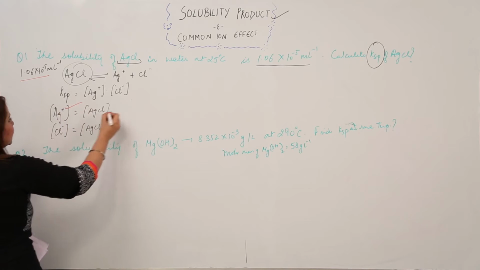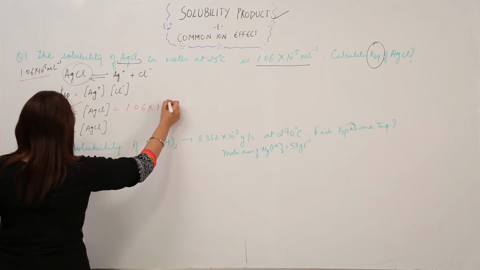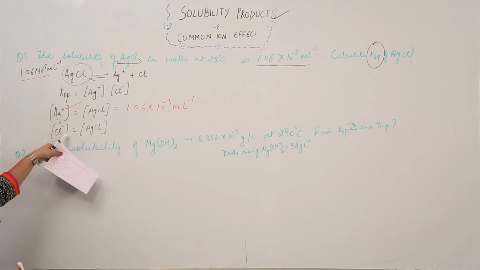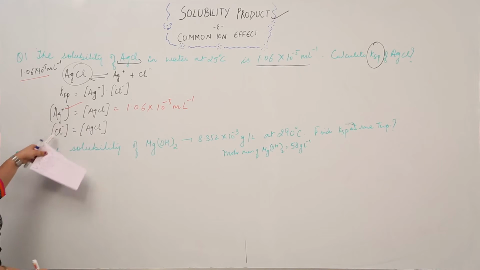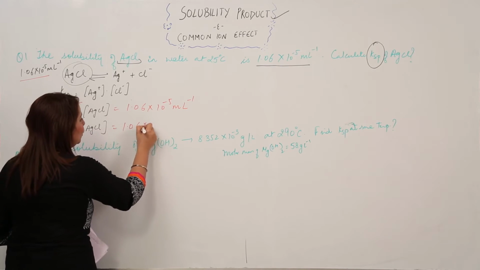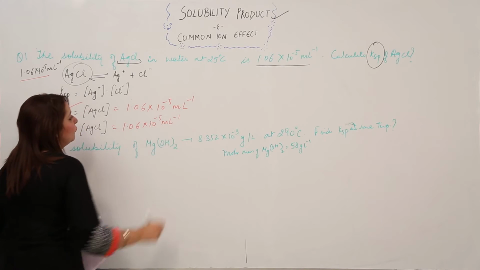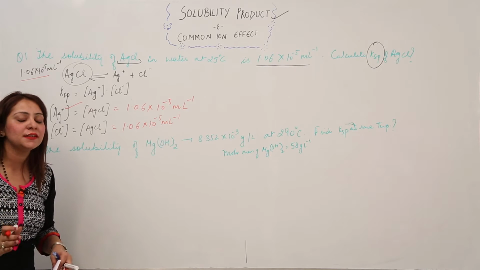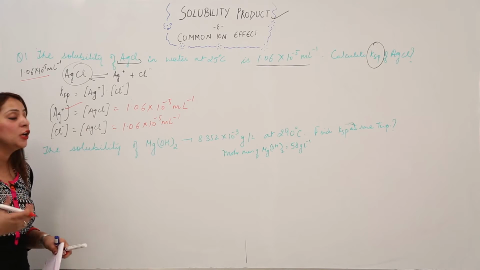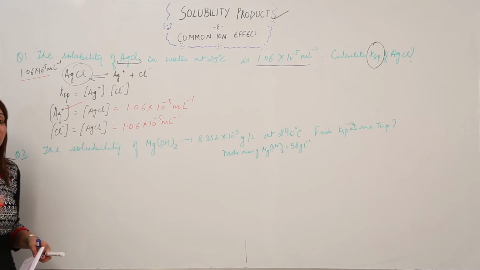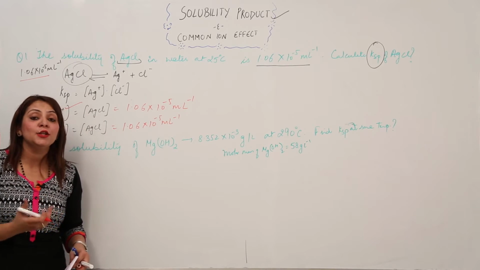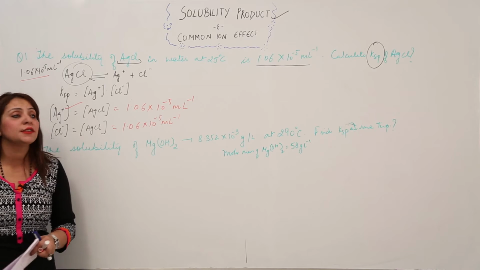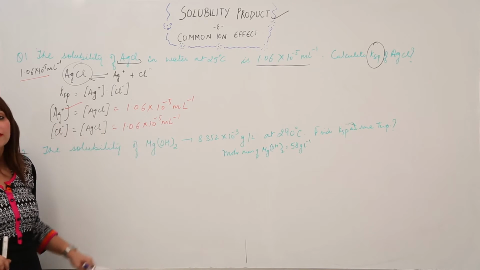So the Ag concentration is also equal to 1.06 into 10 raised to the power minus 5 moles per liter, right? Similarly, it depends upon the same concentration of AgCl, so the Cl negative ion comes out to be the same value, 1.06 into 10 to the power minus 5 moles per liter, right? You must be thinking, why do they both possess the same value? Because the moles are the same, and they depend upon the concentration of the salt, as they are ions of the same salt. That means the concentration of the ions is the same as the concentration of the salt. That is why we took the same value.